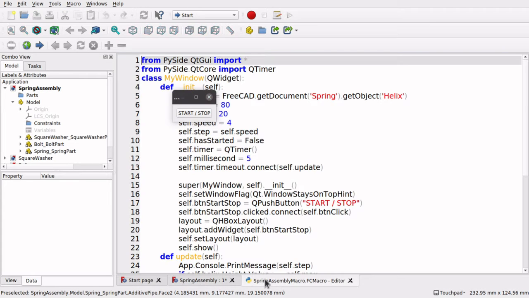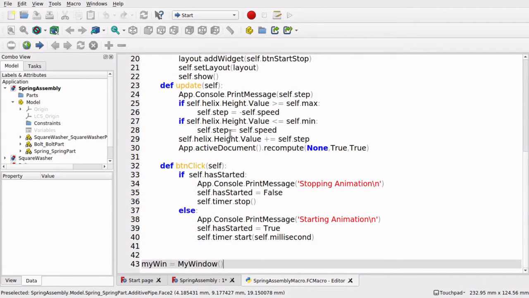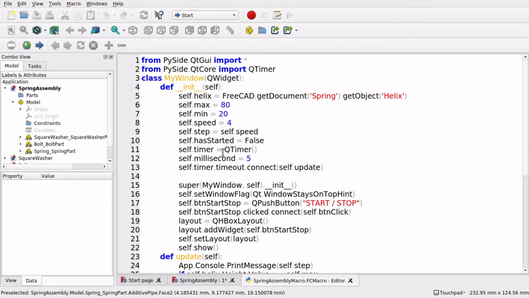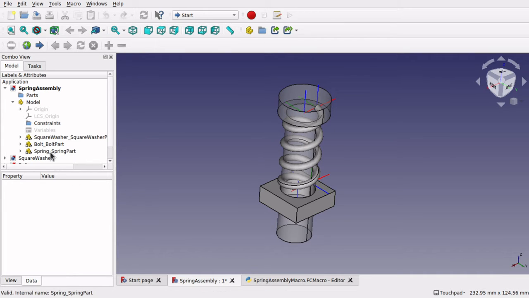And the Python itself is not too bad. So we've got our window, our button click that starts and stops the timer, and the code that drives the animation by changing the height of the helix. Remembering that the height of the helix also determines the pitch as well, because we've got a little equation in there on the helix. So I jump back in here and look at our spring,